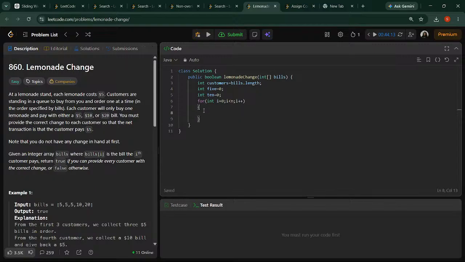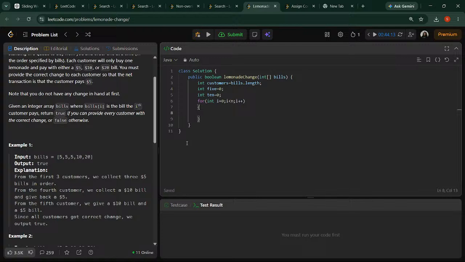Minute change. Fine. What we are doing in this question is we have to try our best to make change for our bills. Int i equal to 0. If bills of i equal 5, right? This means our 5 count is going to plus plus. Else if